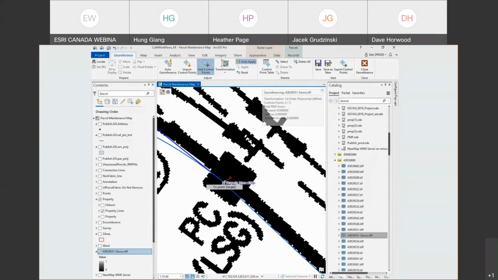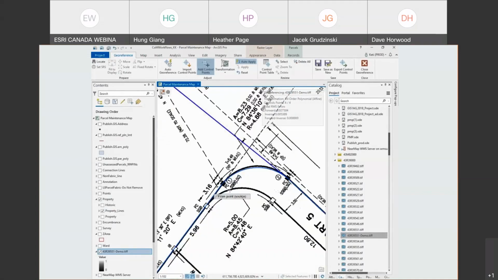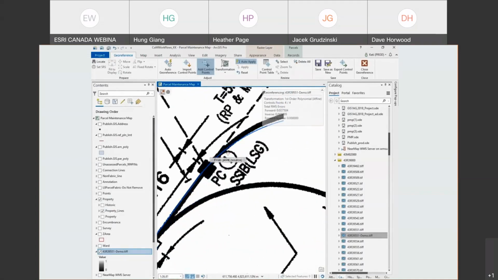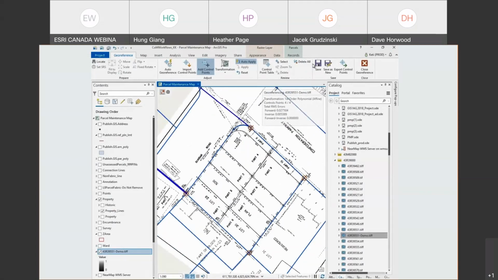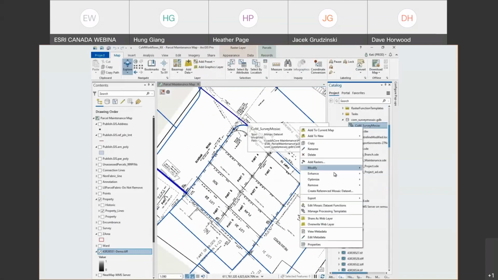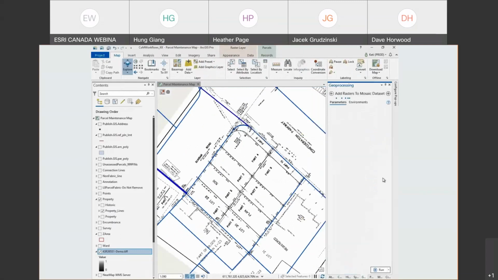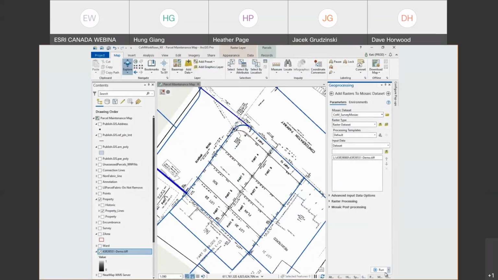So as she goes through and eyeballs in the plan, she can take a look, and once it matches up enough that it's generally in the right location, she can save what she's doing here and then click close on the georeferencing tab. Now, as Hung mentioned, they used to have to georeference things multiple times. So what they've done instead is they've created a survey mosaic. And once the raster is georeferenced, it can be added to that survey mosaic. So everything is in one same location, making it a lot easier to get back to them later on,